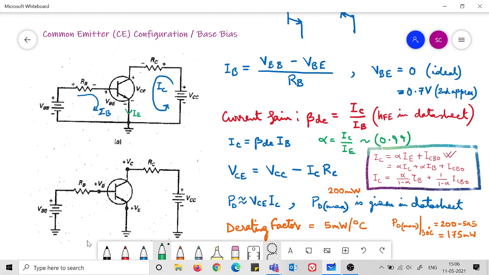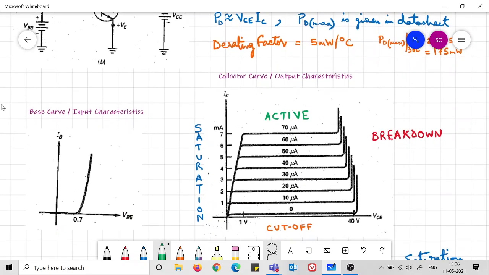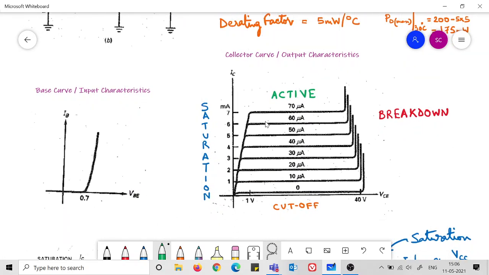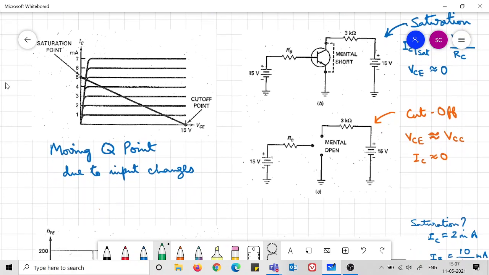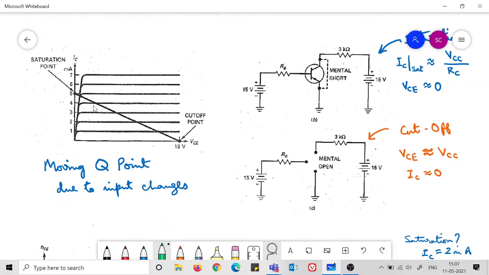From this sort of relationship only, the characteristic curves appear, which we saw. These are the device characteristics, and we know that we can also have a load line, which is the network characteristic. The network characteristic can be imposed on the device characteristics, and we can get the operating point. The operating point we can obtain when we impose the load line on the transistor characteristic.